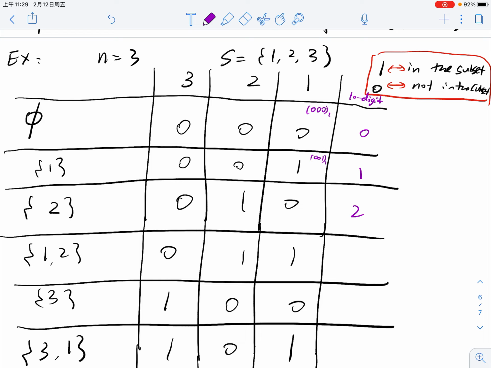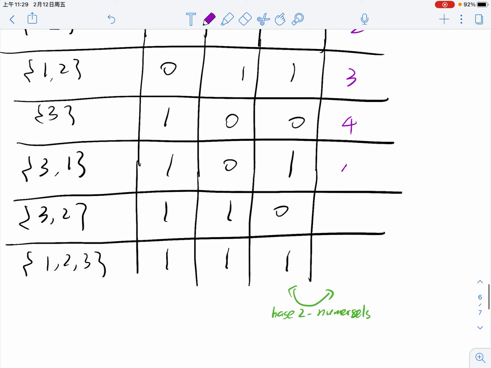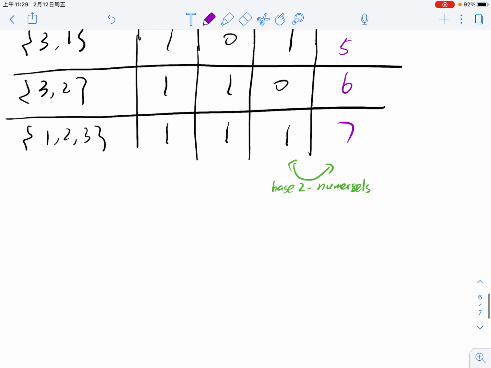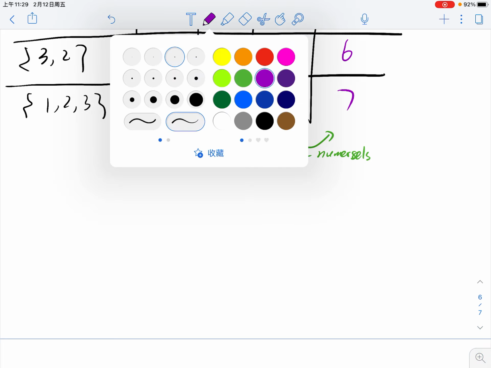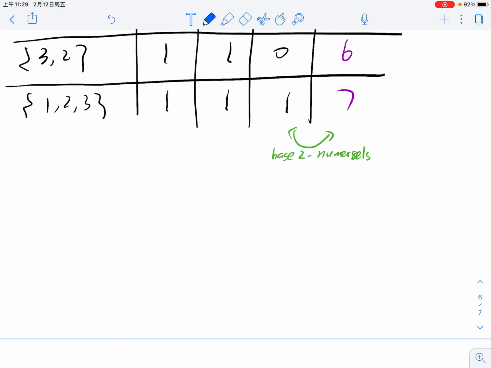Similarly, this is 2, 3, 4, 5, 6, 7. Okay, and then it's easy to see that all subsets of a set consisting of n elements